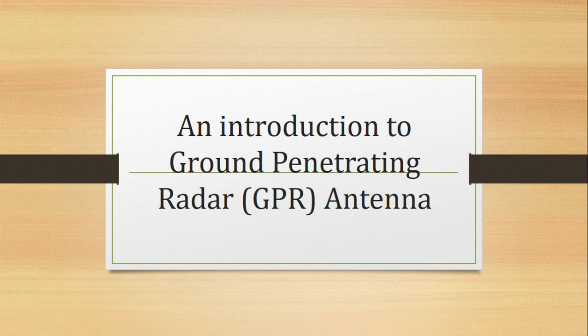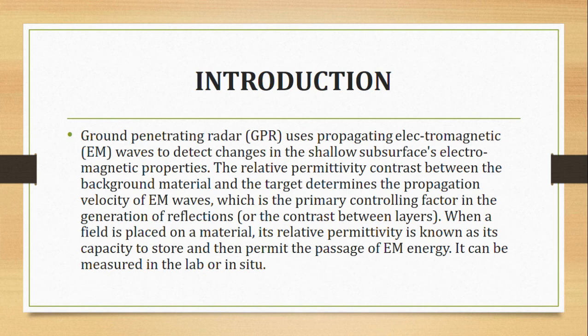An introduction to ground penetrating radar (GPR) antenna. Ground penetrating radar (GPR) uses propagating electromagnetic (EM) waves to detect changes in the shallow subsurface electromagnetic properties. The relative permittivity contrast between the background material and the target determines the propagation velocity of EM waves,